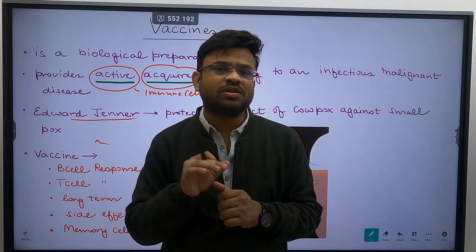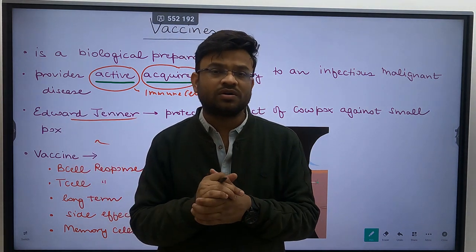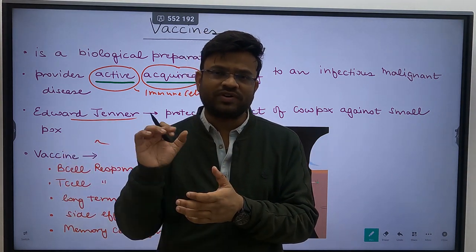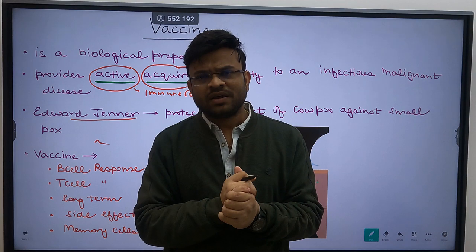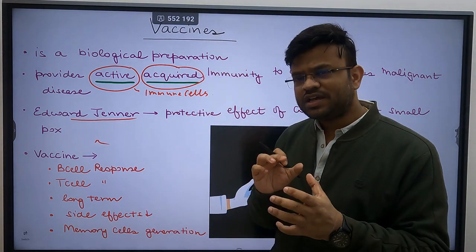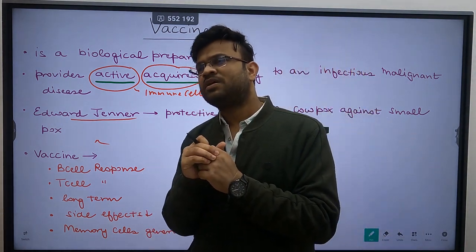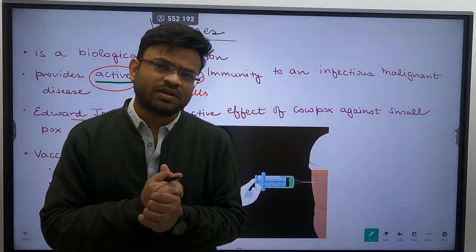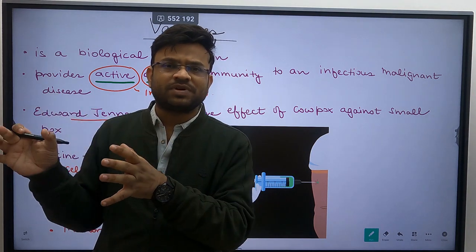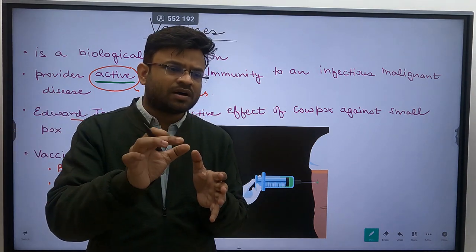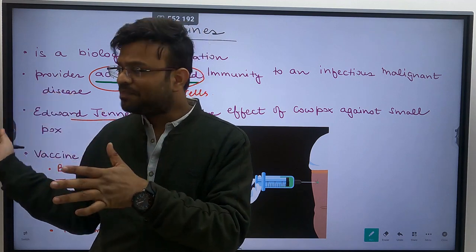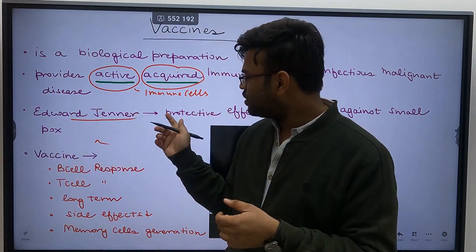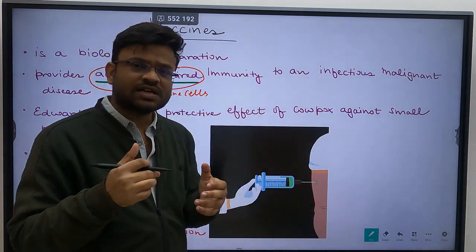That disease was smallpox. Smallpox was very pathogenic, very virulent, and it caused a lot of deaths during that period. Now, Jenner observed that if he made a biological preparation... and in that biological preparation, what did he do? He took the help of the cowpox virus, or he made use of the cowpox virus and inserted it inside